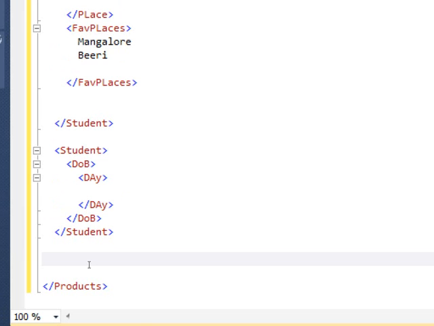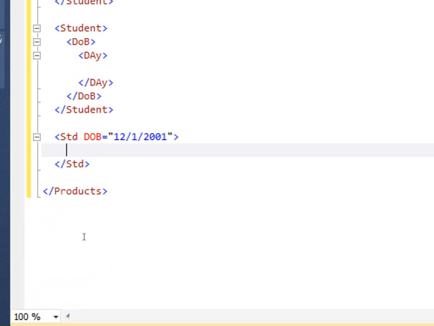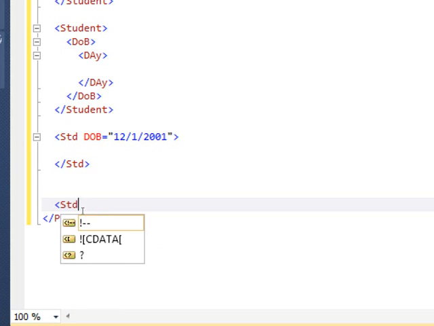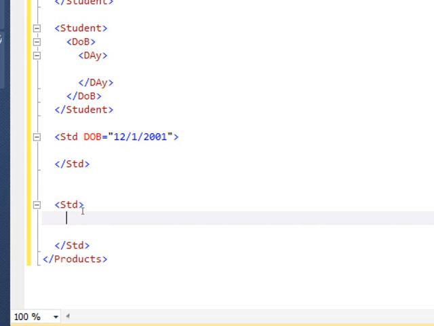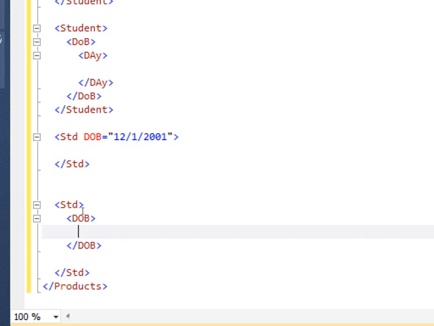Suppose you have student, I will just say STD, and DOB equal to, say, 12/1/2001. This is one way of representation. Suppose you had created this and you have created the DOB here, and you have written the same thing, 12/1/2001, it's okay.